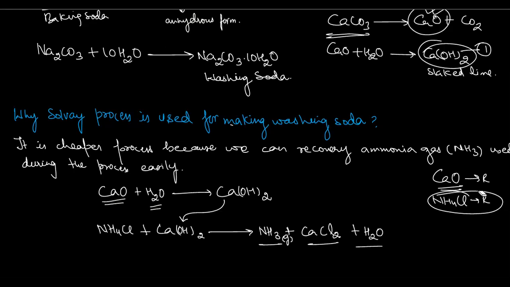Okay, calcium hydroxide कैसे prepare किया हमने? By reacting the calcium oxide with water, जो हमारे पास पहले से बचा हुआ था. जब हम लोगों ने कैल्शियम कार्बोनेट को हीट किया था, तो उसमें जो हमारे पास कैल्शियम ऑक्साइड बचा था, उससे हमने वाटर को पास किया. We get this slaked lime, and then we react these two, and we will get ammonia plus calcium chloride plus water. So ammonia gas is recovered in this process. Got it? या अभी भी डाउट है, बेटा? Got it, both of you, or still having some doubt?